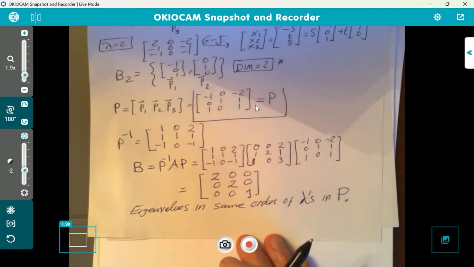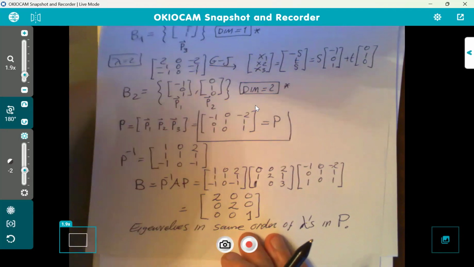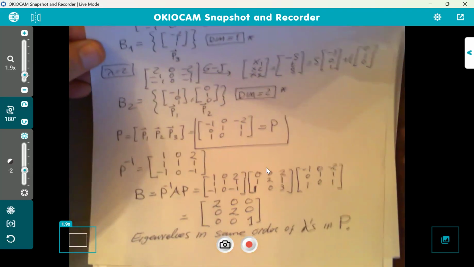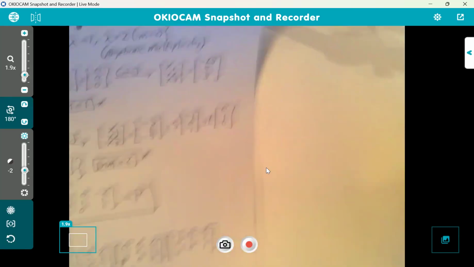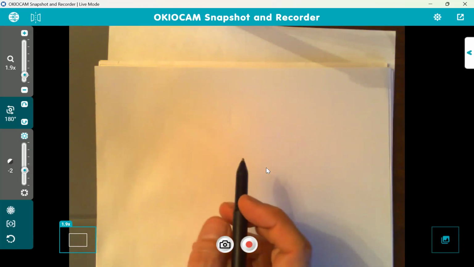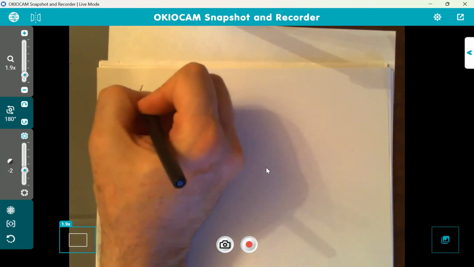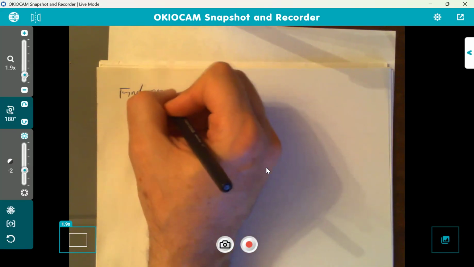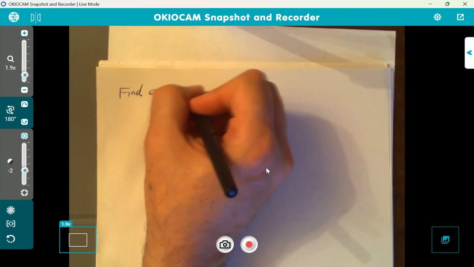Now, let's do something real quick. I was going to say let's take a break, but let's go through and do this one, and then we'll take a break. I think I could manage to do this in 10 minutes. Okay. Now, what we want to do next is a continuation of this exercise. Let's find the eigenspace of